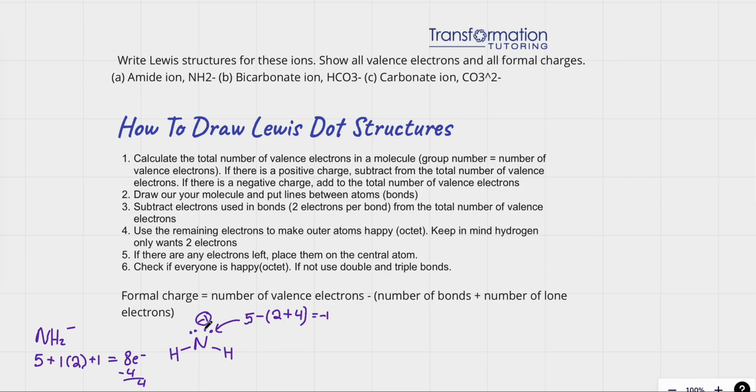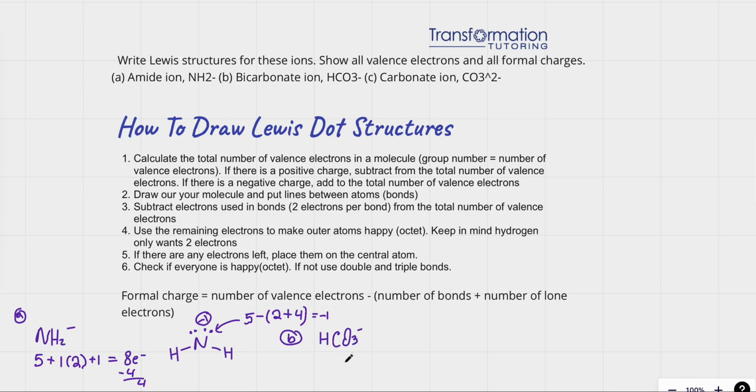Does it make sense that the nitrogen has minus 1? Well, the molecule has a charge of -1, and so this molecule also has a charge of -1. So that makes sense because it matches its formula. This is our A. Let's go ahead and do bicarbonate ion, which will be